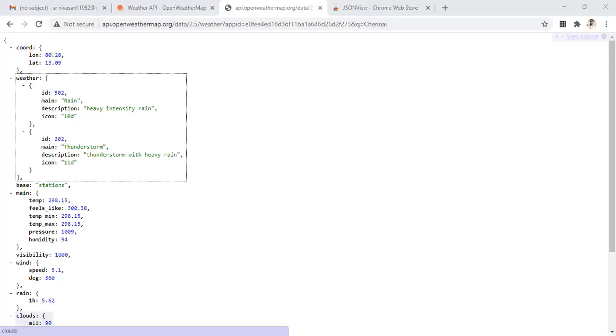Okay, yeah, right. Now, let me go to this simple Python program, and let me try to fetch this information from the Python and print it. Okay, so go to my Python. There it is. Python.